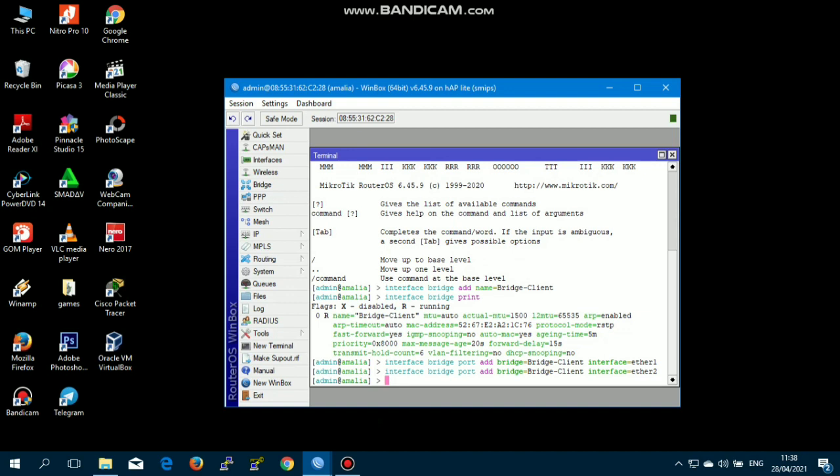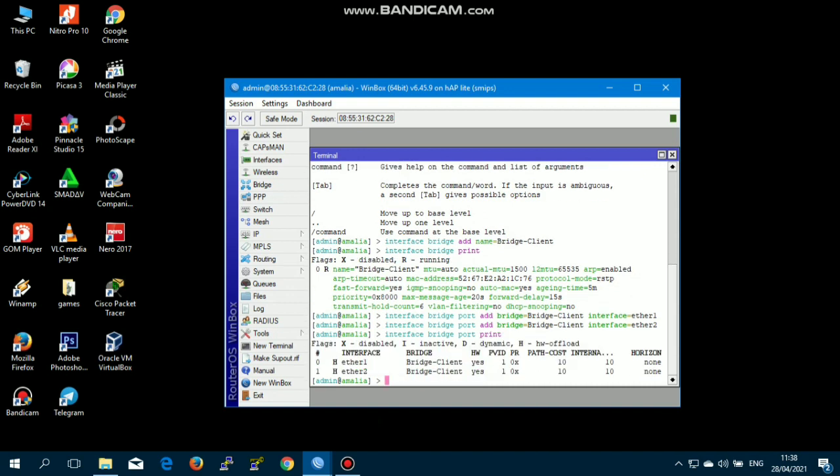Then don't forget to check the configuration results so that we can find out the Ether 1 and Ether 2 interface have entered the bridge client with the command interface bridge port print. We can see here that Ether 1 and Ether 2 have successfully entered the bridge interface that we created earlier.